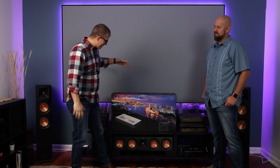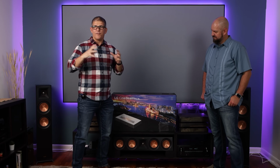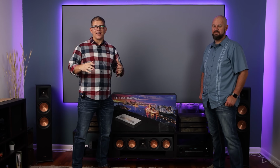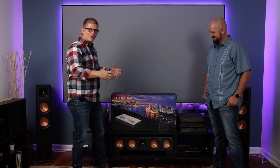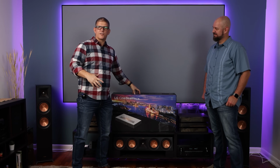But today we're going to be looking at this LG Cinebeam. This is a laser 4K projector. This is the HU85LA 4K beautiful short throw. I'm excited about this, and we're going to talk more about where this fits, maybe